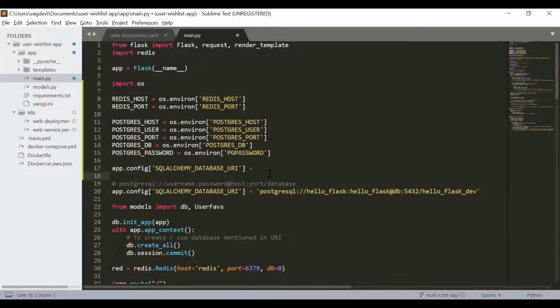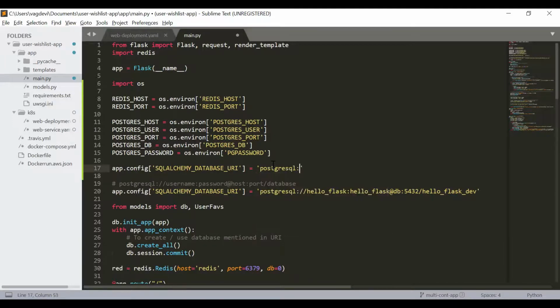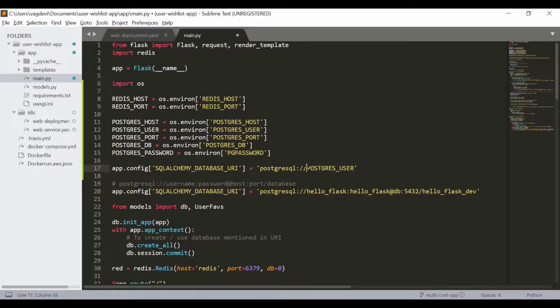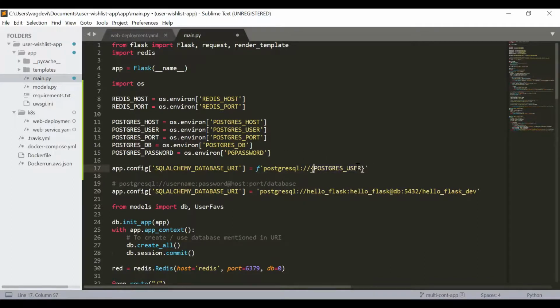Okay, so now, if you carefully observe here, everything is a string, right? But here, if we just write things like PostgreSQL, it is just a string, but not the value which we have got in the form of variable, right? So for that, we have something called f strings in Python, using which we can use the curly brackets, and inside the curly brackets, the variable name which we want to use.